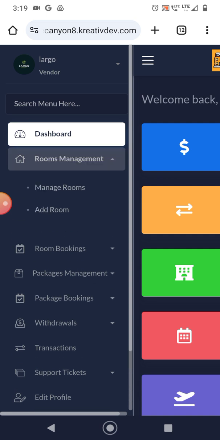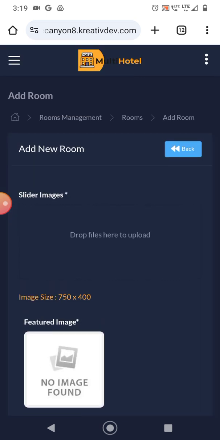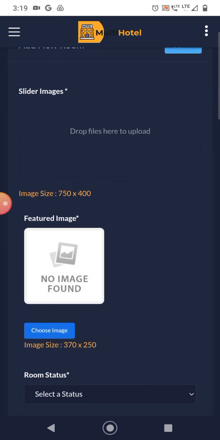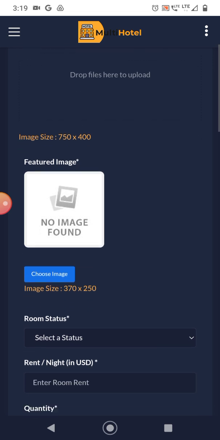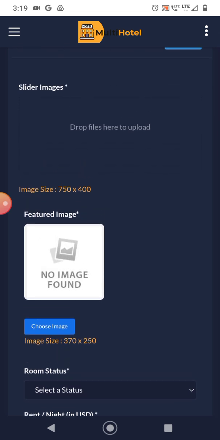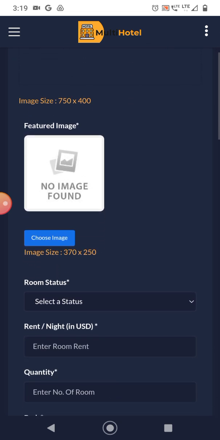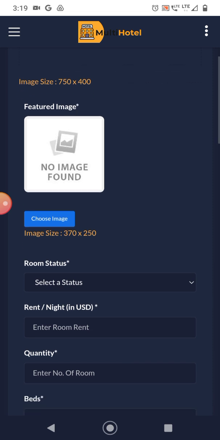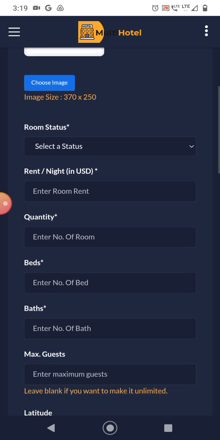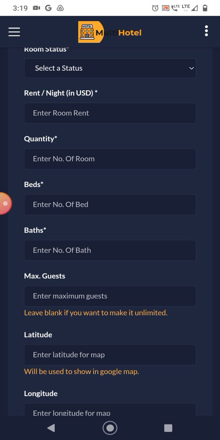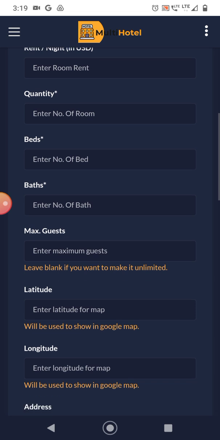Now rooms management. So from this point the vendor would be able to add the room. The details like the slider image would be selected from this point. Multiple images can be uploaded for a particular room. Then the featured image, the image that will be shown as the first picture for the room, is the featured image. What's the room status, what's the rent, the quantity,